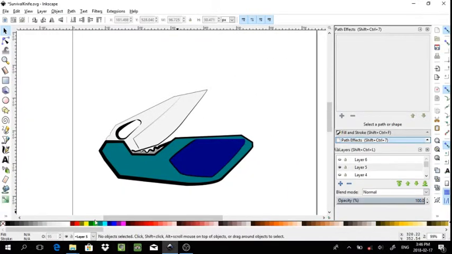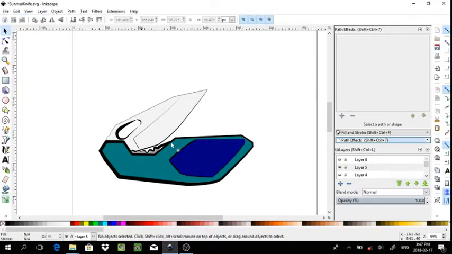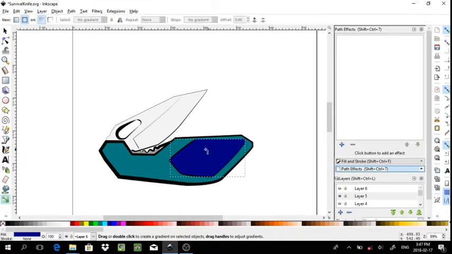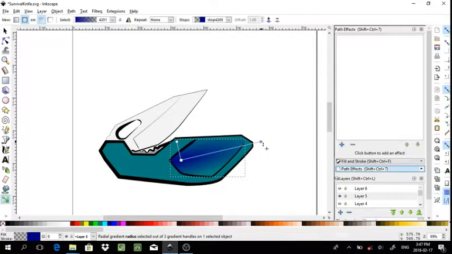Gradients are a little bit different, but the easiest way you could do this is to select the Create and Edit Gradients tool, and where you have an existing solid color, you can select it, and you would simply drag for how you would want it to appear. Now, the solid color will be in the center, and it will become transparent towards the end. I want to leave it that way for now, but you can change it however you need to,